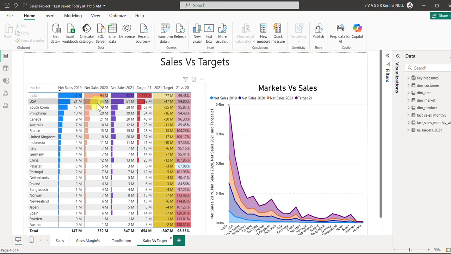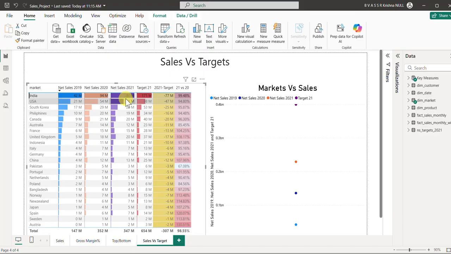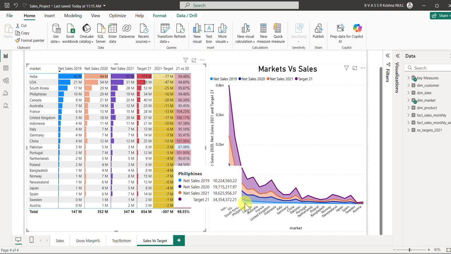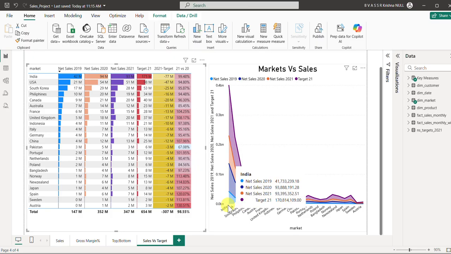When compared to 2021, 2021 versus 2020, its performance has fared well. So in 2020, the sales of USA is 54 million, whereas the sales is less by 51 million. So this can be seen in this graph. So I'll deselect it. So you can see here the sales of different countries over the years 18, 19,